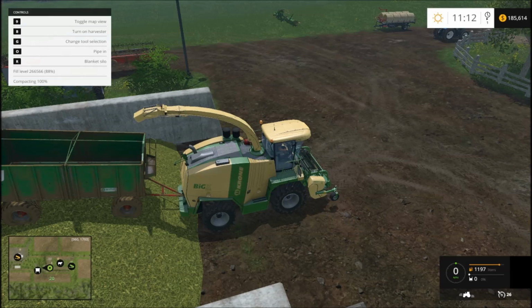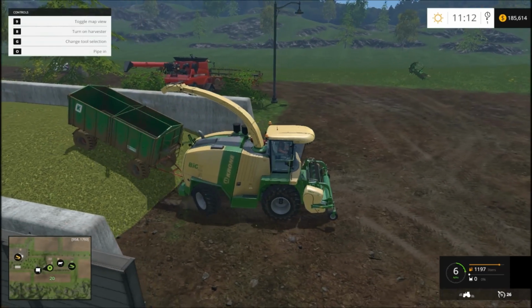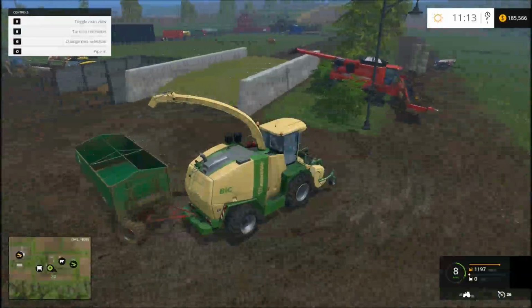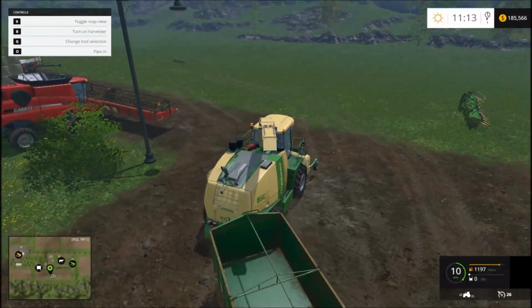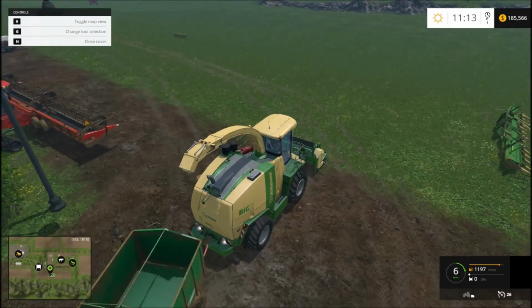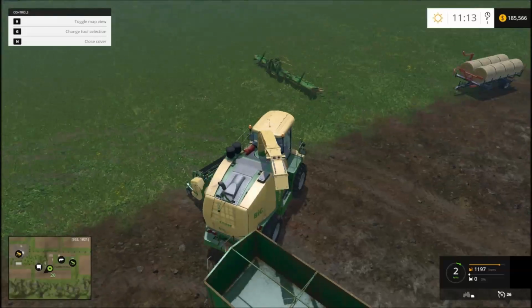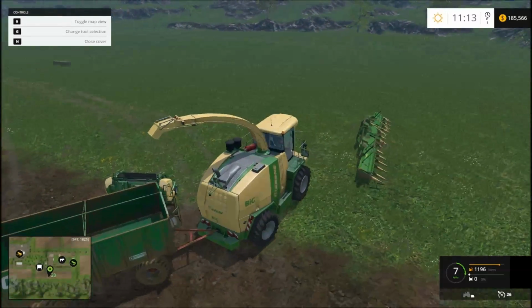Once it's compacted, you'll see the option come up there to press R to blanket your silo. We'll do that once it's full. Alright, that's one method of creating your silage. The next way is plant corn. Now if you have a field of corn, you can get your corn cutter,